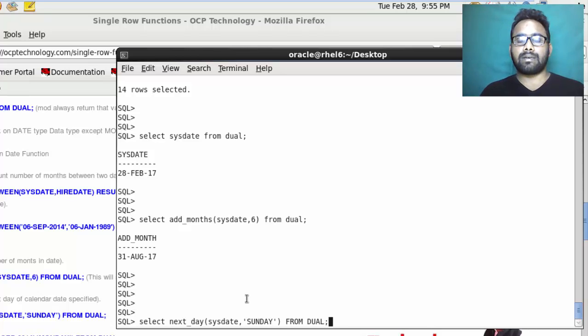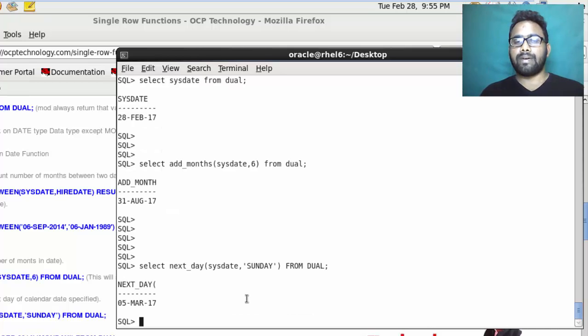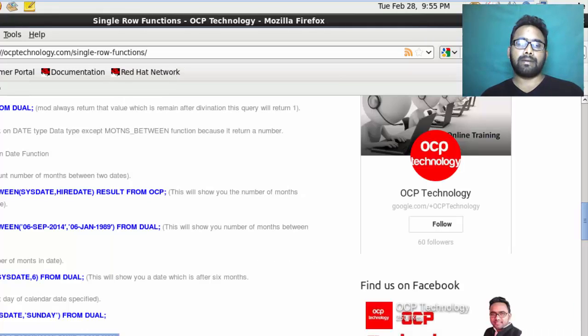What is the next Sunday after today's date? It's 5 March, which is a Sunday. Okay, this is simple. And you can also use the second example here.